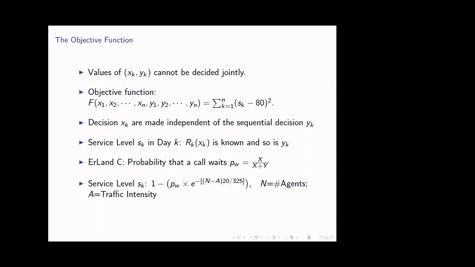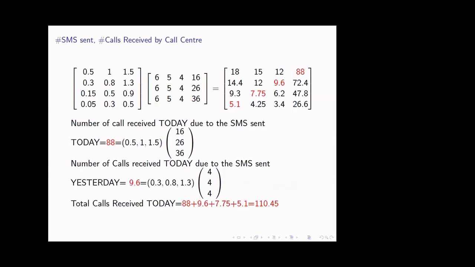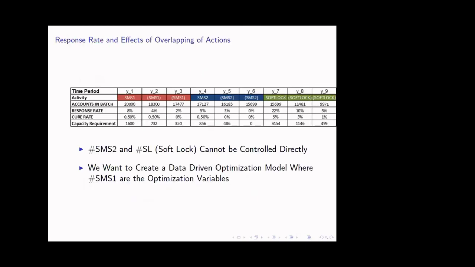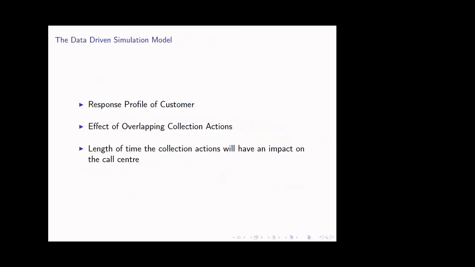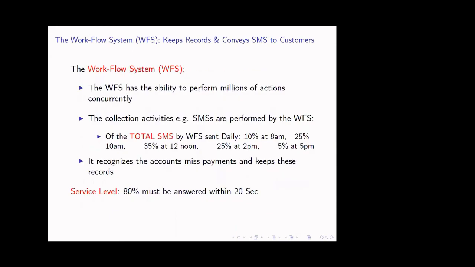I think as you just explained, your optimization variable is how many SMSs you send on a particular day. I can imagine, particularly with the final SMS, which is the one that corresponds to the soft lock, it might make a difference what time of the day you send that, because people would maybe phone instantly if they found out their phone was going to be locked. So would it be worth having a more fine-grained decision based on that?